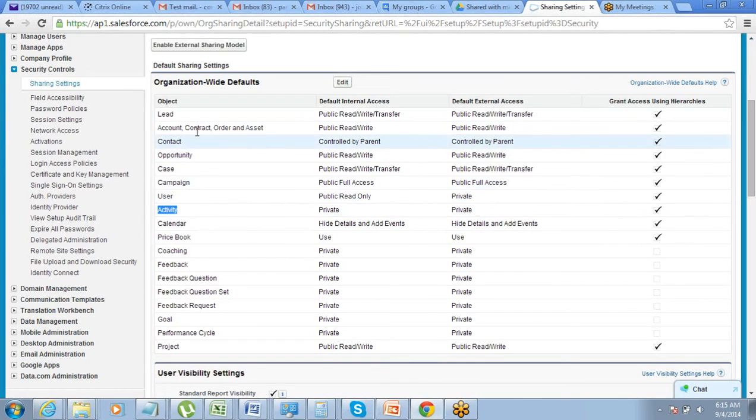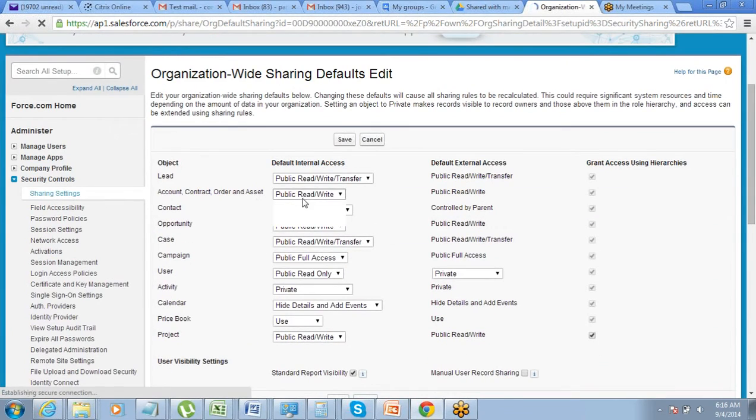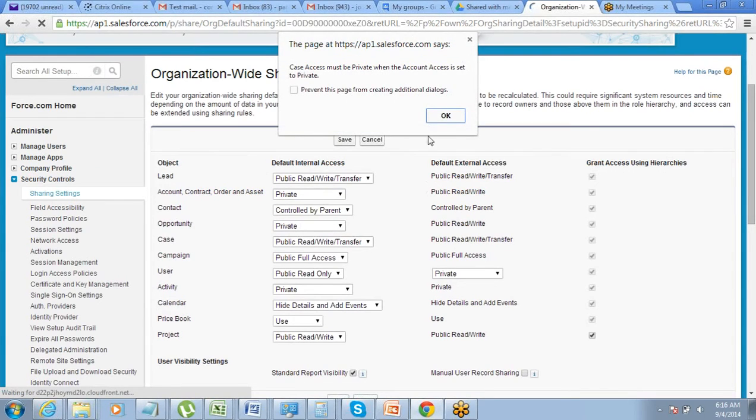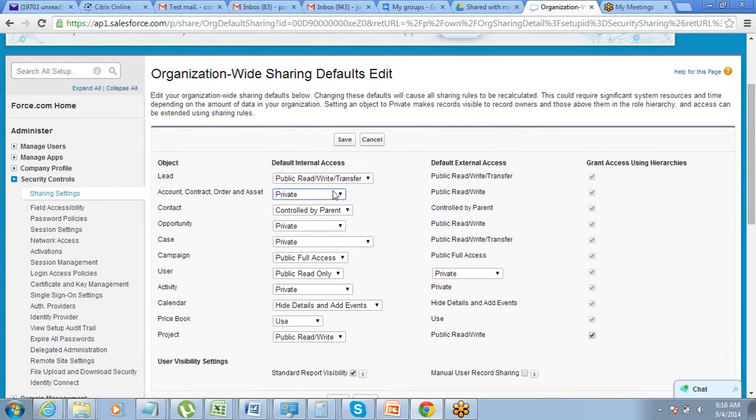We are talking about account. So if the company says that only the owner should see the data, you should come here, click on edit, go to the account and make it private, right? And if you want everyone to see the data, irrespective of who the owner is, make it public.